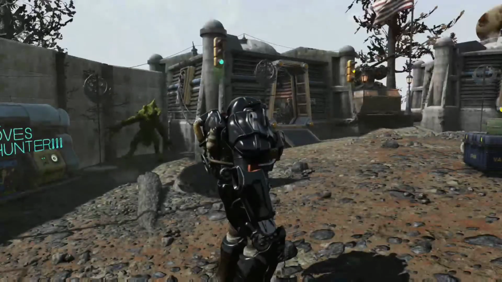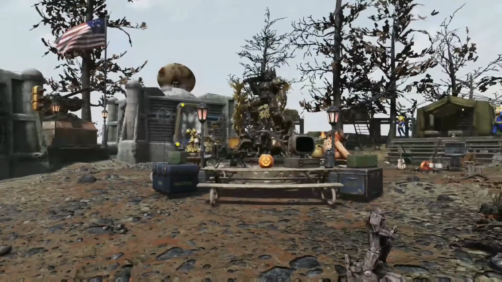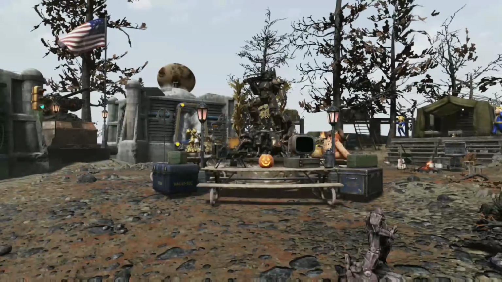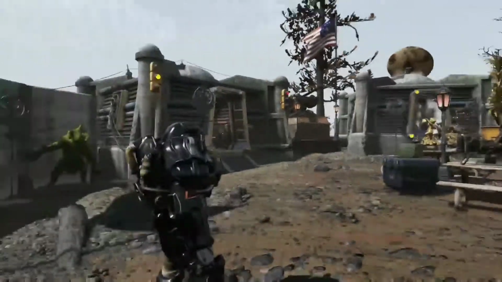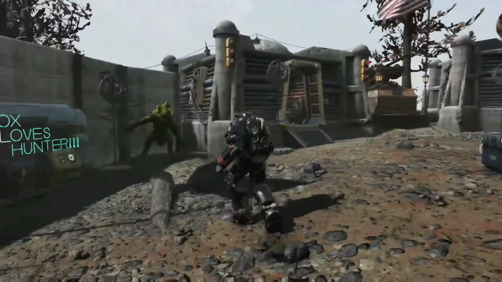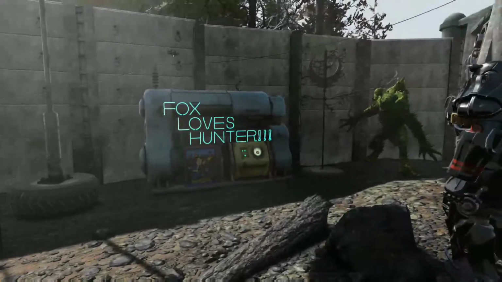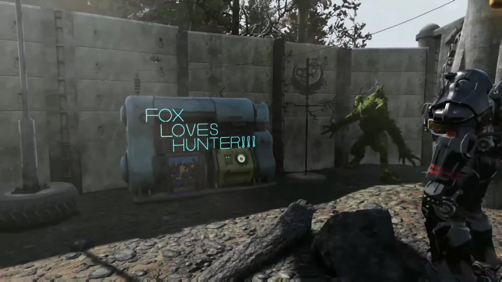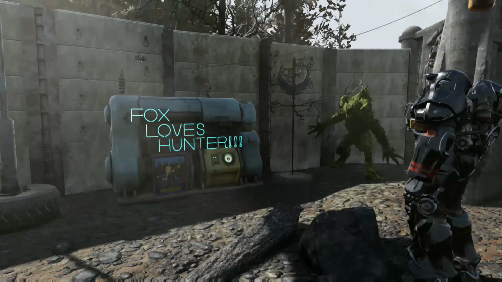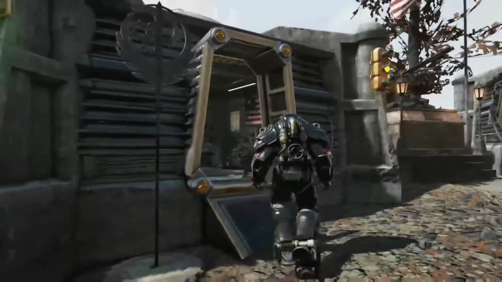As you enter, you'll notice that there's a beautiful statue in the center of a lot of tents and field stations. It's actually quite big, very hidden if you look at it from the outside. First thing you'll see on the left would be Fox Loves Hunter. Now, my girlfriend, I love her. So I built that out of memory of her. I know, it's funny. I know, it's cringe. But that's just